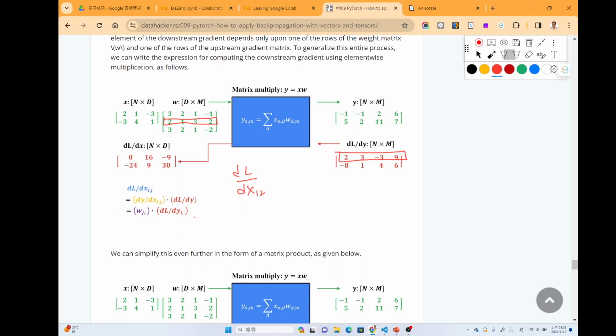So 2 times 2 is 4, and 1 times 3 is 3, 3 times 3 is minus 9, and 2 times 9 is 18. Okay, so the value will be 25 minus 9, so it will be 16 here.